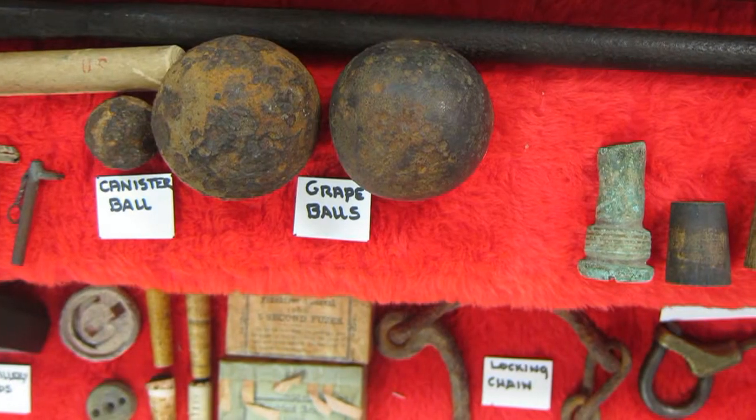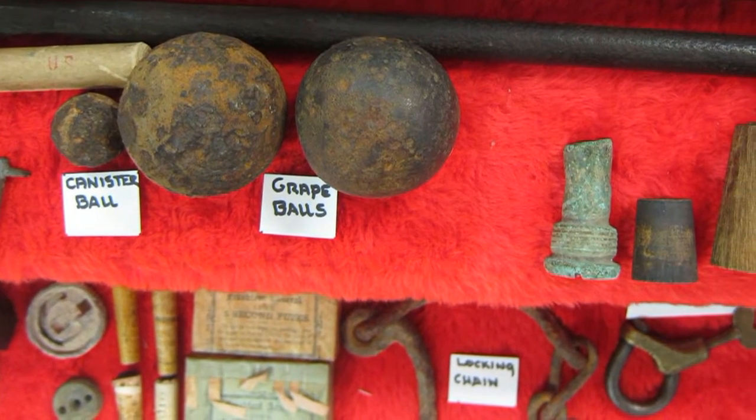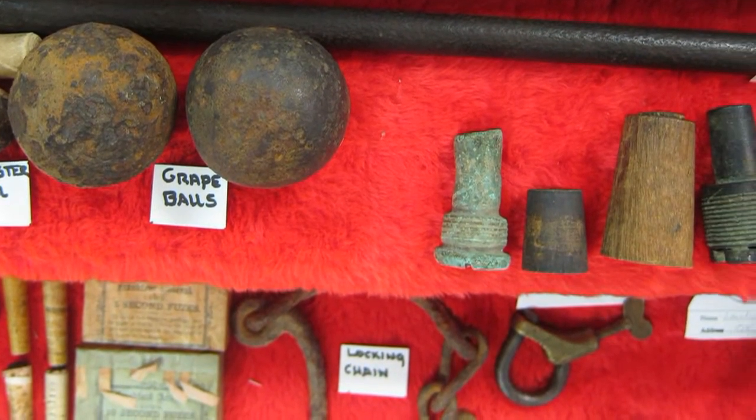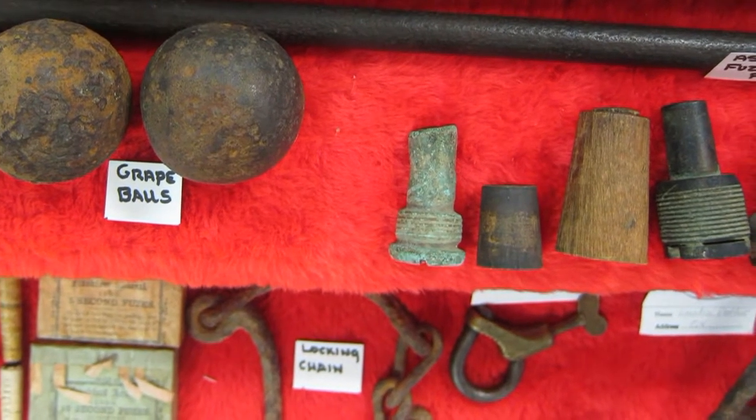We are Civil War reenactors, very active ones, probably one of the most active around. We participate in Civil War reenactments throughout the entire Southern California basin and also one up in the Fresno area. But this corner here, we have my entire shell display for Civil War artifacts that we have, and the artillery